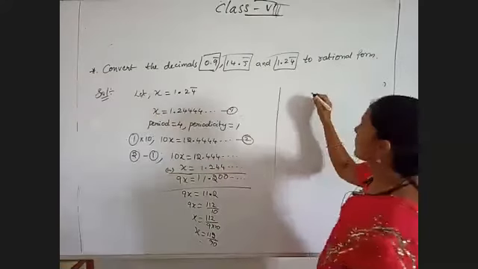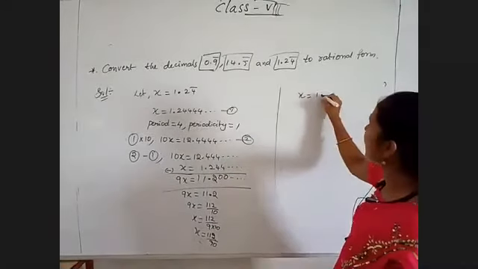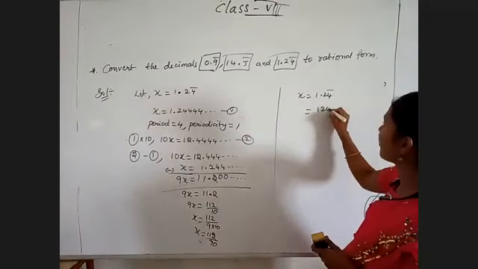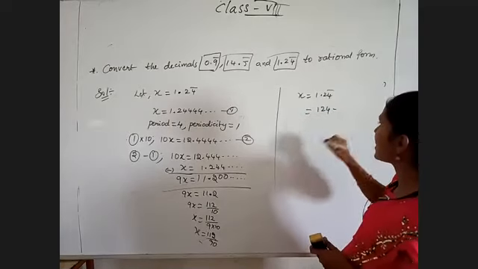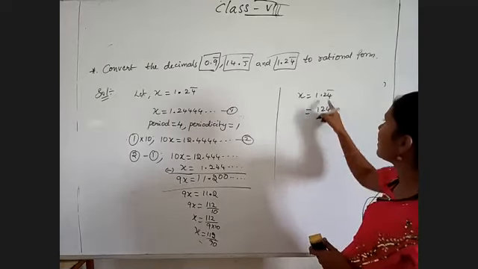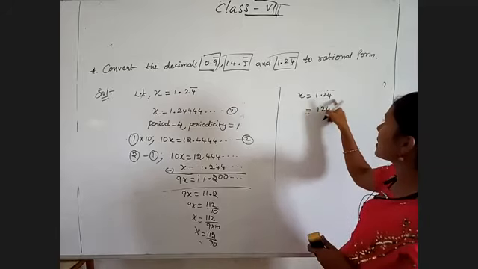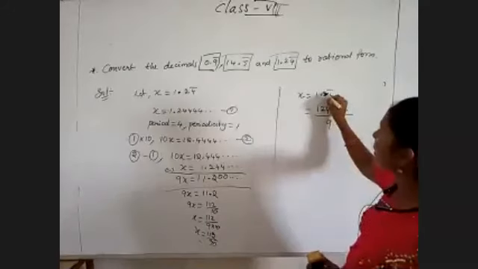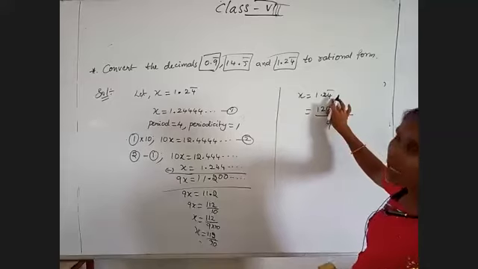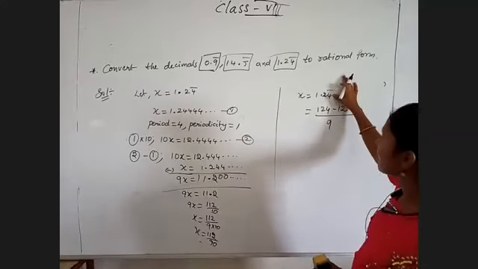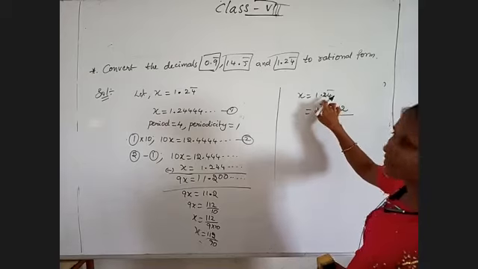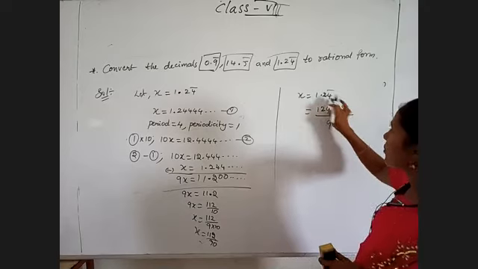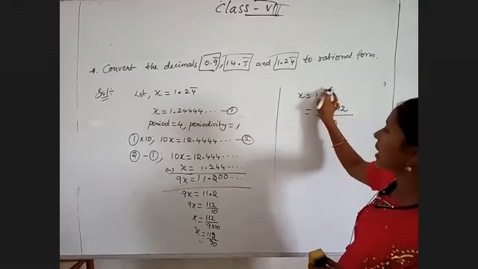in another method. So let x is equal to 1.24 bar. Now as I told you, write the complete number, 124, minus whatever digits are not repeating, those digits, 12. For the denominator, in the decimal place, for those having the bar, take 9, and for those that don't have the bar, take 0. So here for 4 I am taking 9. For 2 I am taking 0 because 2 does not have the bar.